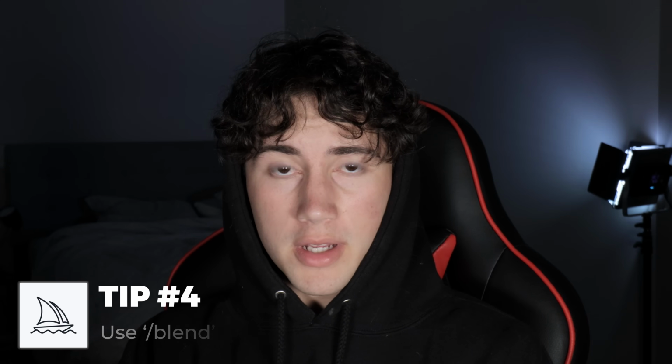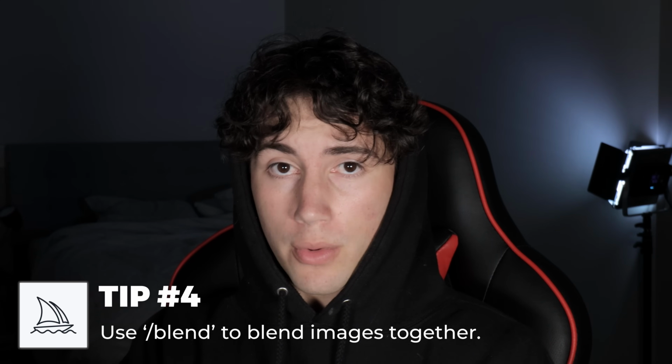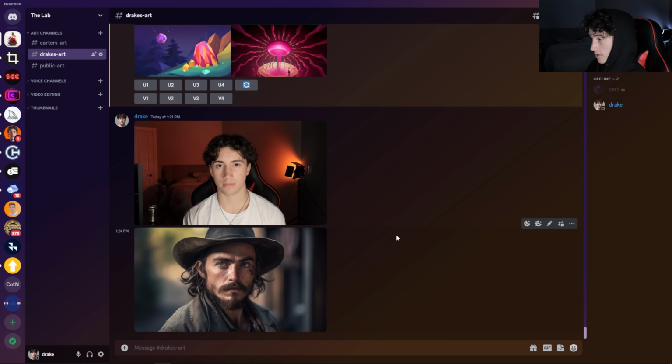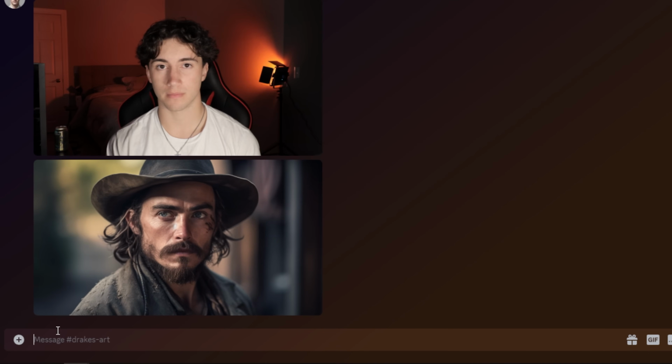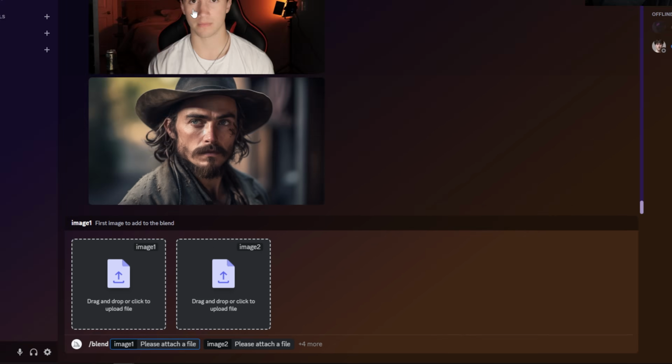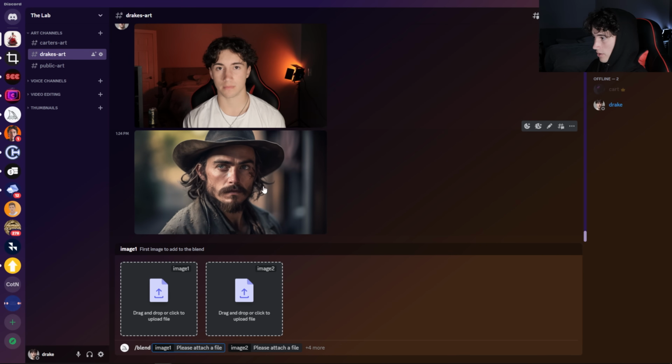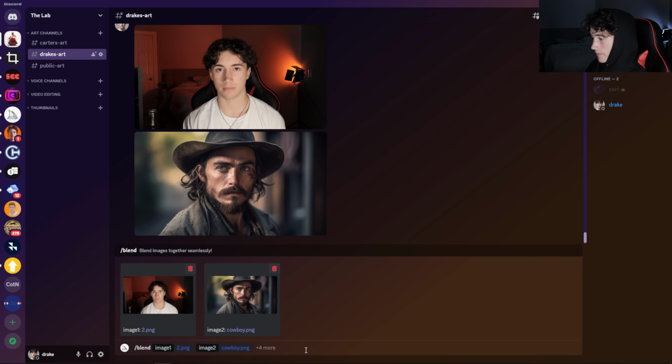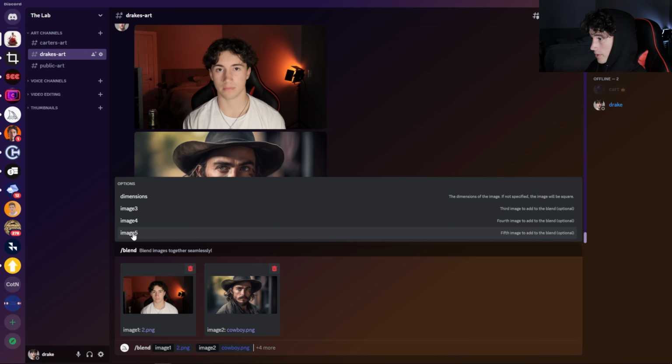Midjourney tip number 4 is to use /blend in order to blend 2 images together. Let me show you what I'm talking about. So for the blend example, I'm going to be using these 2 images. The first thing you want to do is type in /blend. And now you can click here to upload your 2 images. So now I'm going to upload this picture of me and this picture of this cowboy that I generated. Now if you click in the prompt bar down here, you can even add 3 more images after this, as well as add dimensions. For now, I'm just going to send this off so we can blend these 2 images